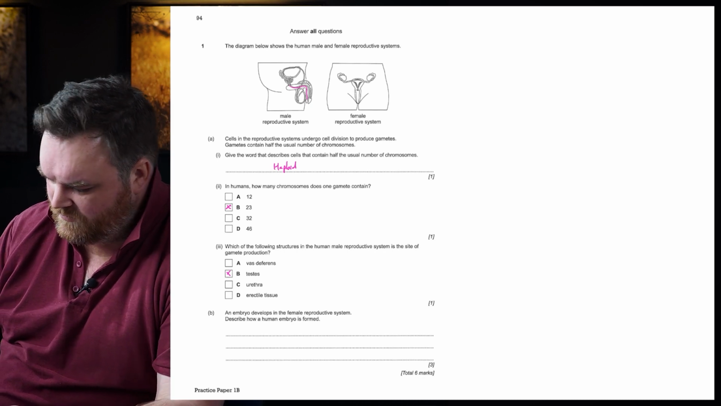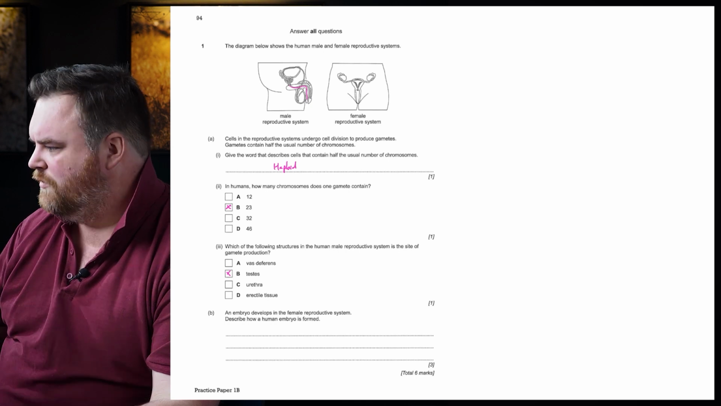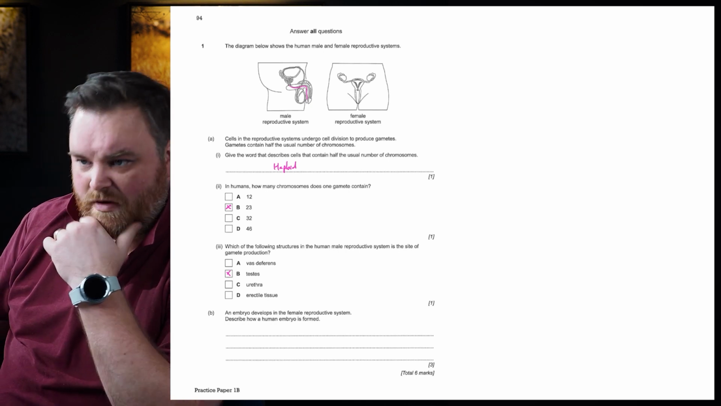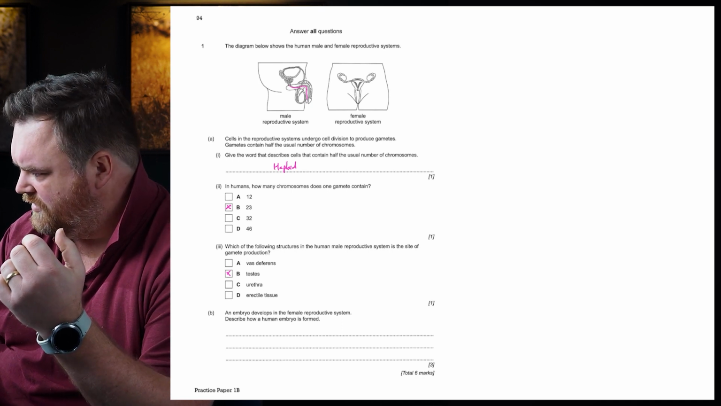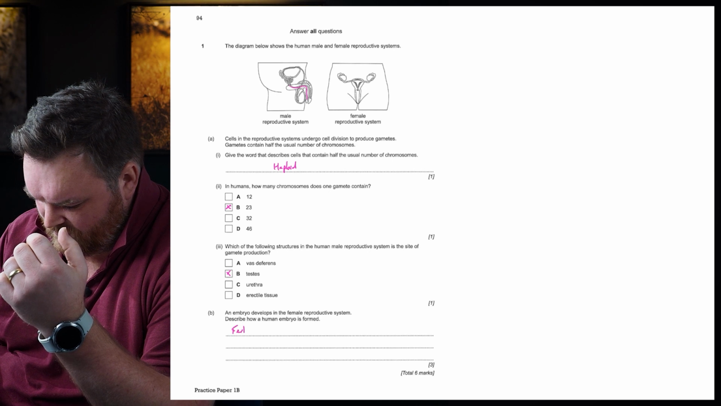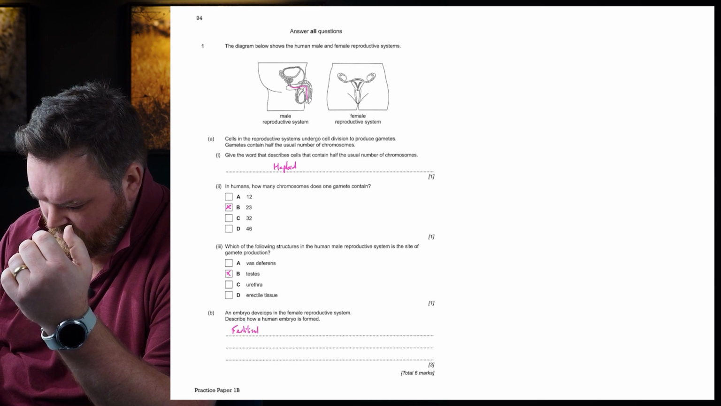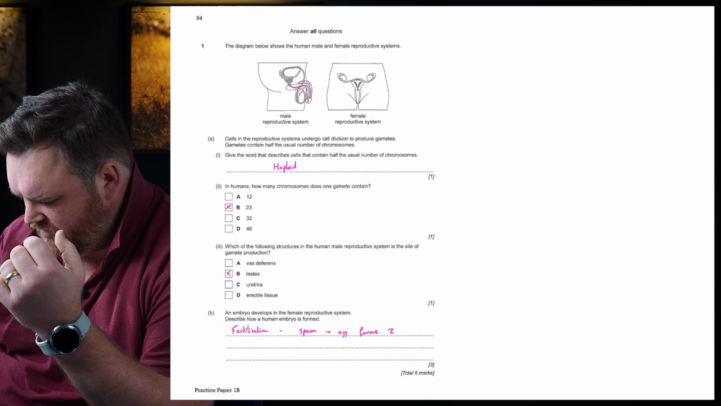An embryo develops in the human female reproductive system. Describe how a human embryo is formed. Right, this is talking about fertilization, right? So firstly, we want to be adding the word fertilization. So we want sperm plus egg forms a zygote,